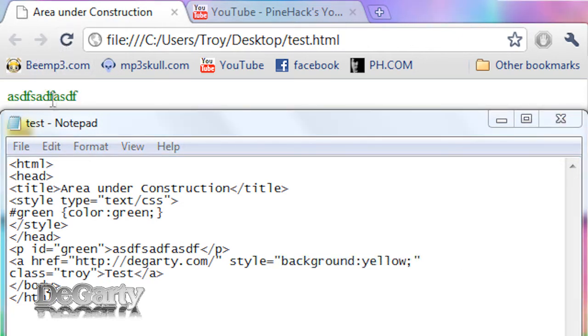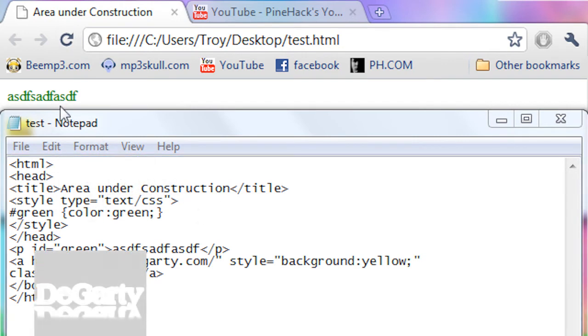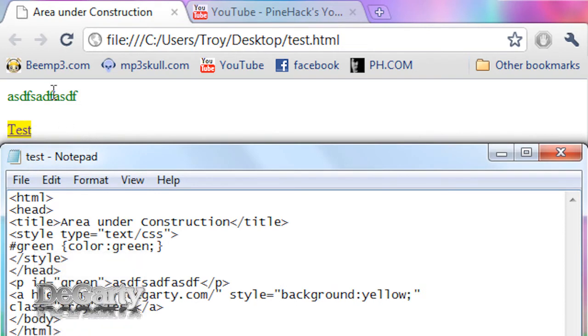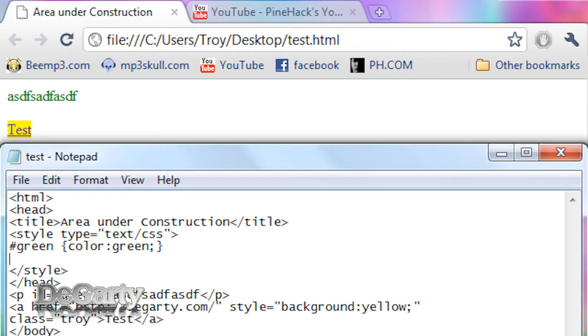And when we refresh, the color is green for that text. And for this text below here, it's purple. So now we're going to edit the class Troy. Under here, we're just going to put .Troy, which is how you declare a class. And then in the curly braces, you want to add in something like